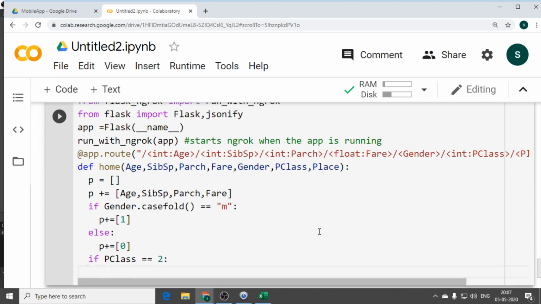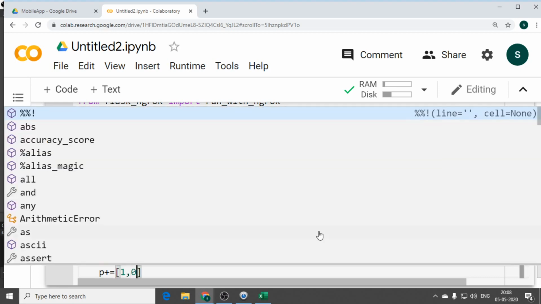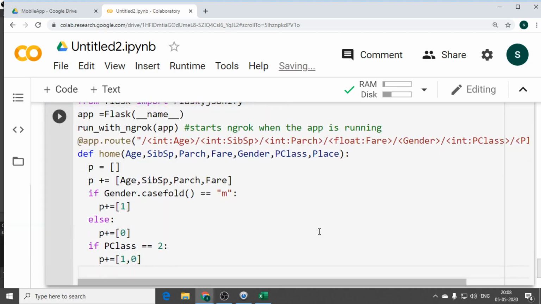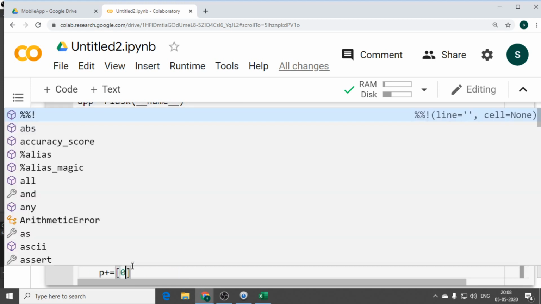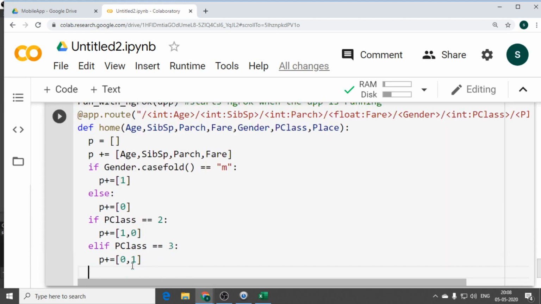If P class is equal to 2, I am comparing. Here I define two values, whether a person belongs to which category. If he belongs to second class, the first value should be 1, the other value will be 0. If passenger class is equal to 3, P plus is equal to, because that list should update with the values.